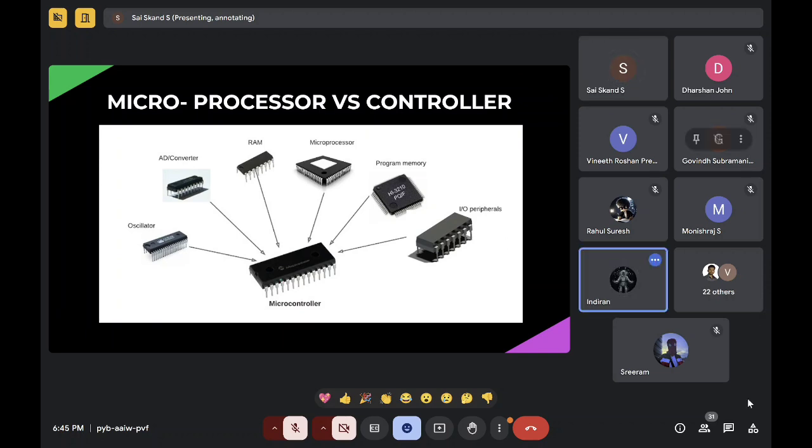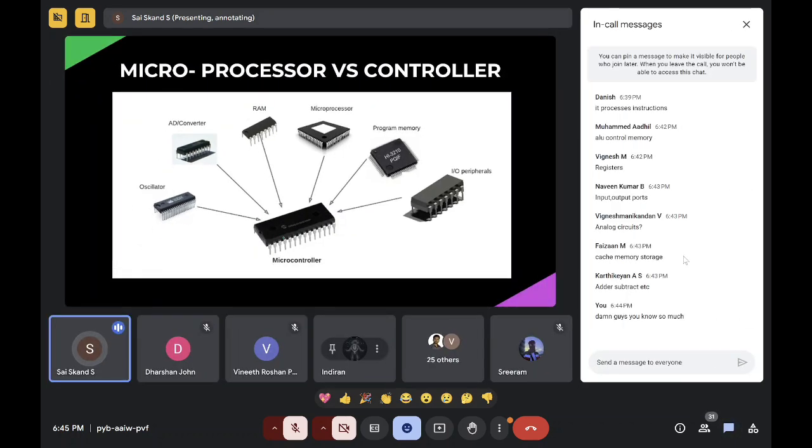Processor you've already studied, right? Indran, microprocessor it does only the processing, and the external components it needs such as memory, timing unit, RAM, ROM will all be outside the processor and not integrated with the processor.